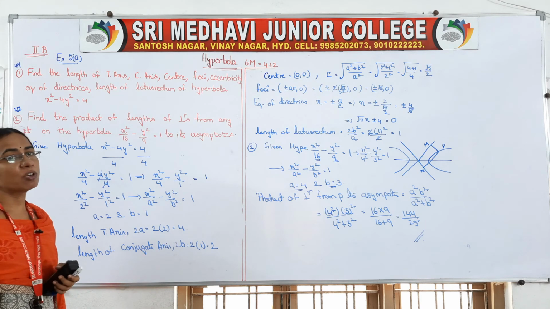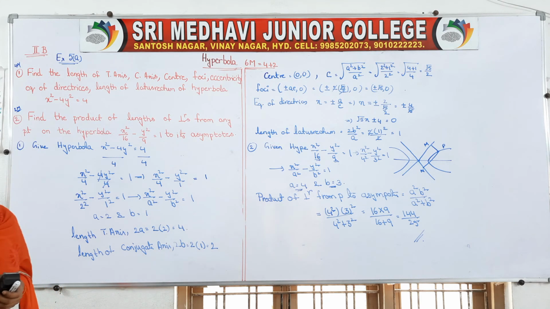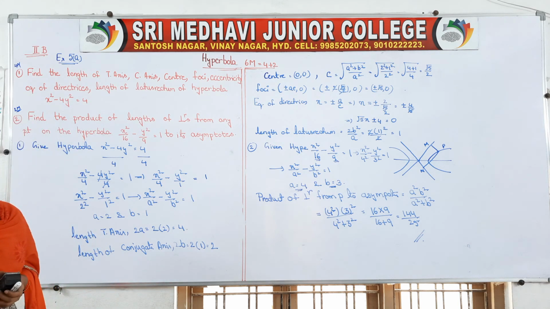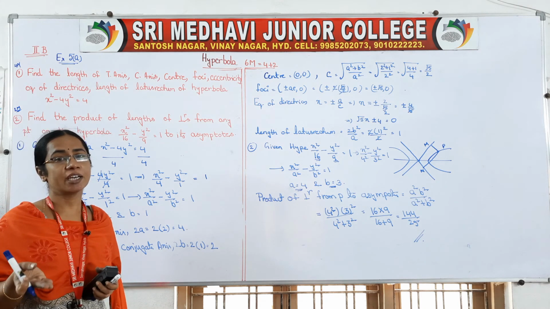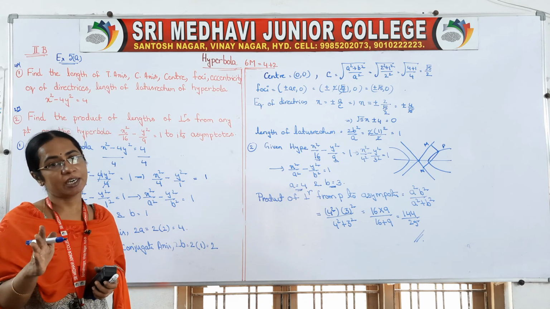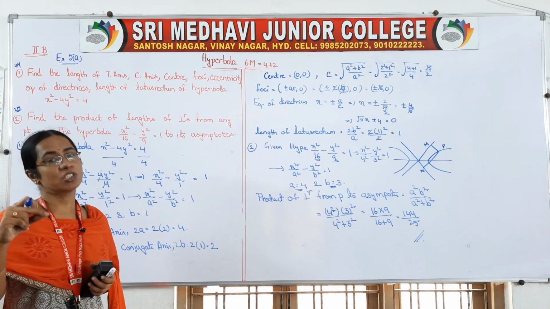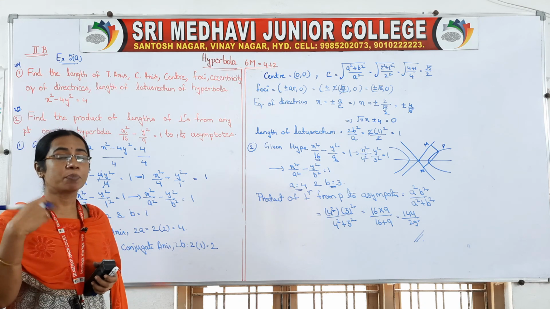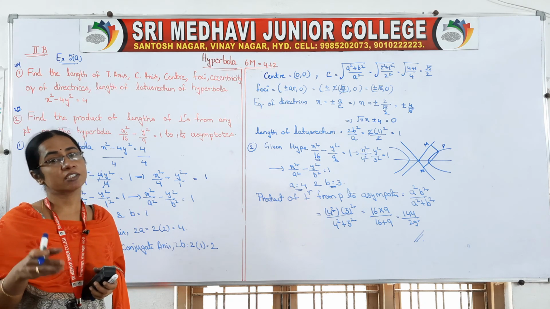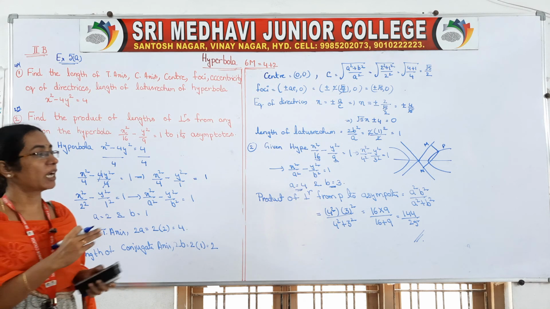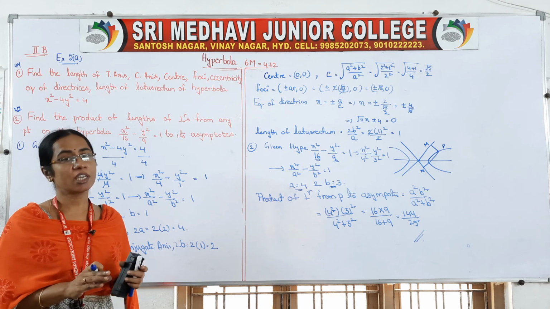After the reduction you will know all your values: a value, b value, h value, k value. Once we have these values, we know how to find the eccentricity, foci, directrix. Formulas are there, right? First type, these are the formulas. Second type, like that 4 types of curves are there, right? So after the reduction you will know which formulas we have to use, and which case it belongs to, first case or second case, third case or fourth case. Once you confirm, you can write your formulas and substitute your values. Okay, so practice these problems perfectly. That's all for today. Have a nice day.